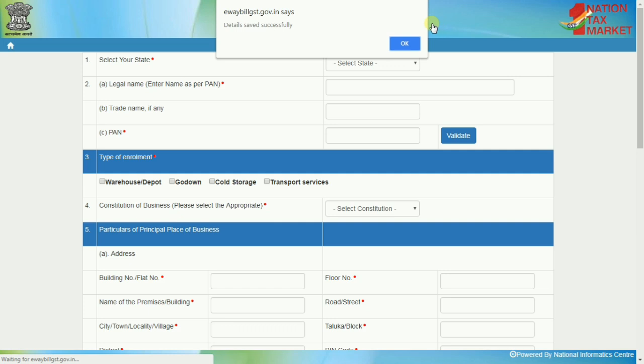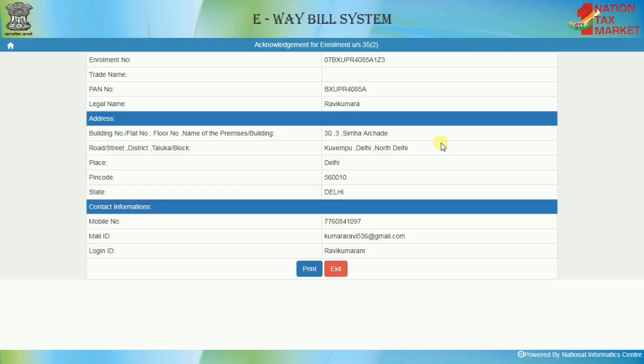System will enroll the transporter and create an enrollment ID which can be shared with the dealers for entering the transport details while generating the EWB. An acknowledgement slip is also displayed along with all the details, and transporter takes the print of this acknowledgement slip for future reference. The transporter can now log in the e-way bill system using the username and password created by